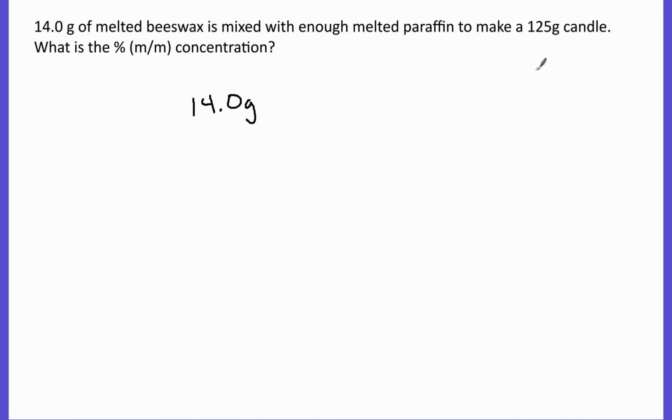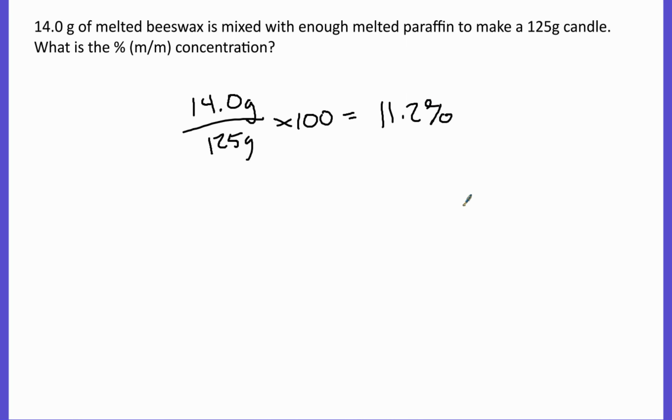So you have to be careful there. But 14, the beeswax, is definitely my solute. I'm going to take that divided by the 125 grams total, take that times 100, and that'll give me a percent of 11.2. So I have an 11.2% concentration,